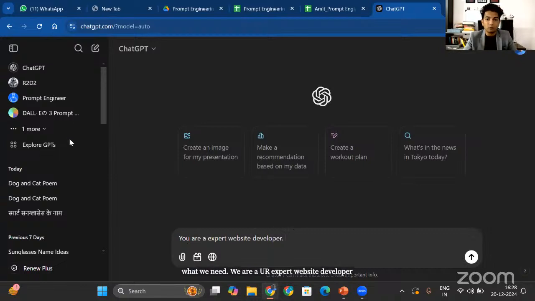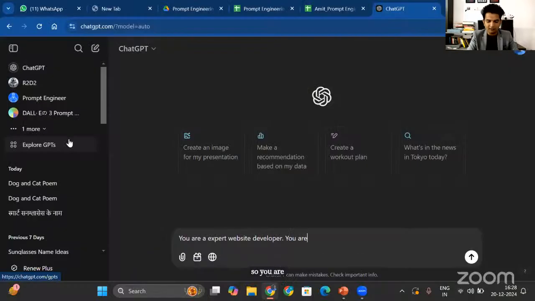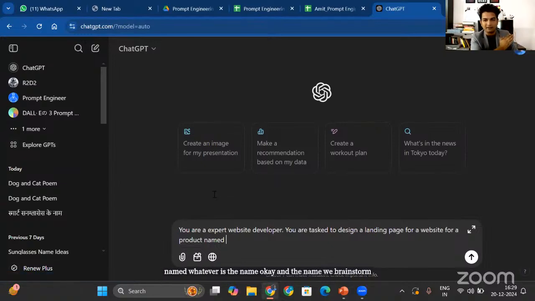And then result: what do we need from ChatGPT from this prompt? Okay, so we need a website, right? So we'll start: you are tasked to design a landing page for a website for a product named, whatever is the name, okay? And the name we brainstormed in our last masterclass. So let me name it as EvoLens. So I think that EvoLens was the name